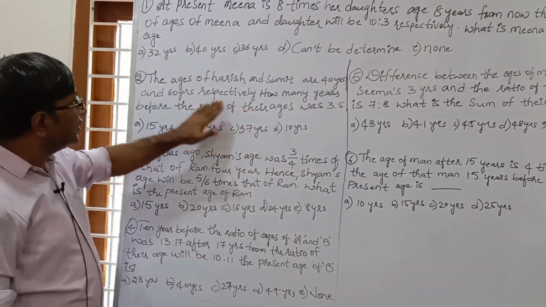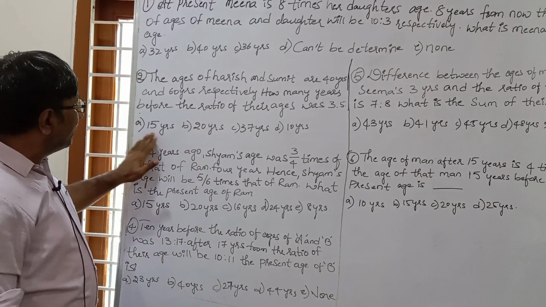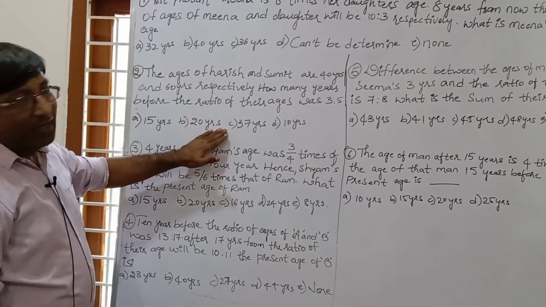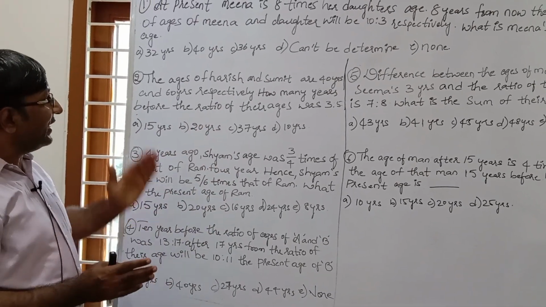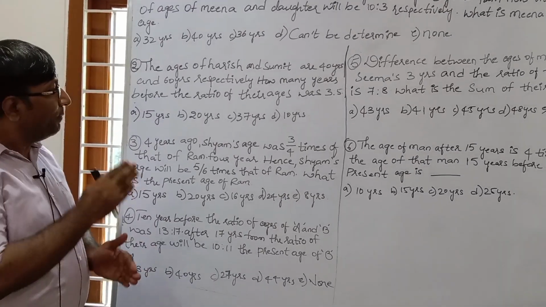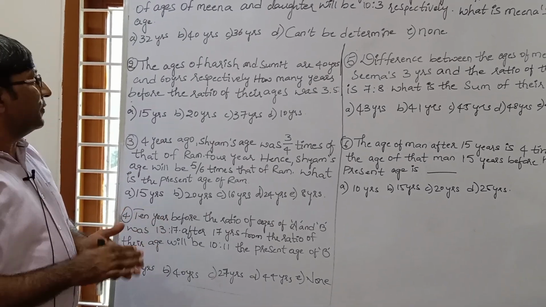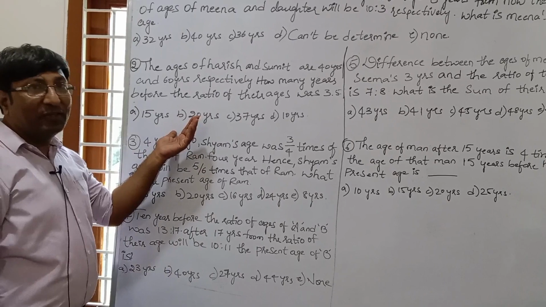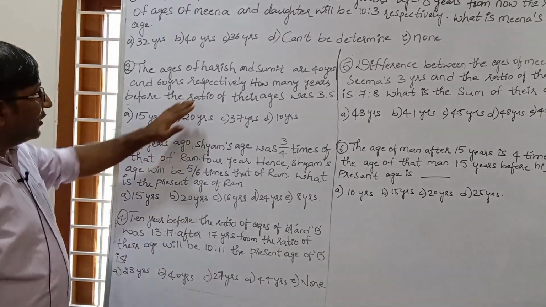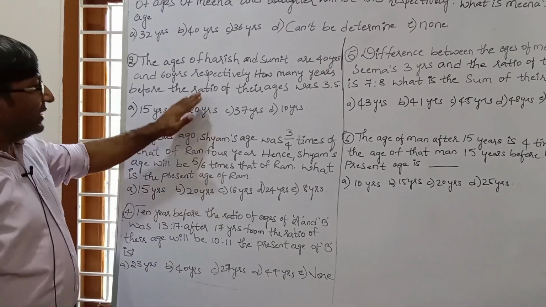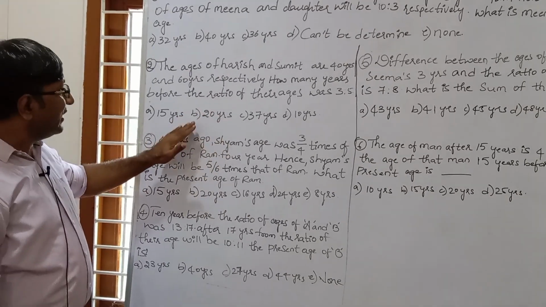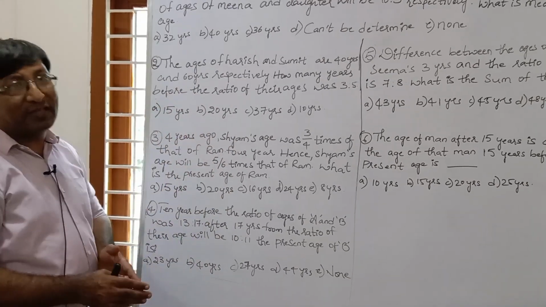So again we can solve this question by the option method and the basic method. We have already explained the age related questions in the basic method and the option method also. So you can solve this question with both methods. First you solve by the option method and then by the basic method. Then you can check that in both ways your answer will be the same.